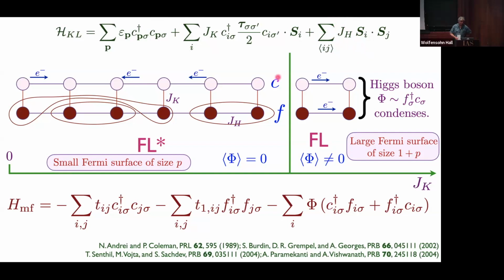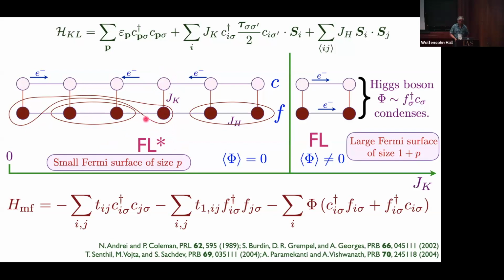So then you get a state of matter, which is schematically illustrated here, where the F spins form some kind of spin liquid with themselves, whereas the conduction electrons are free to move around. And then I presented an argument that this state of matter is stable for small JK for just about any spin liquid. And so now in the new phase, at finite JK, you have a violation of the Luttinger relation because the Fermi surface is also stable under perturbation in JK, so has size p, whereas the density of electrons per unit cell is 1 plus p.